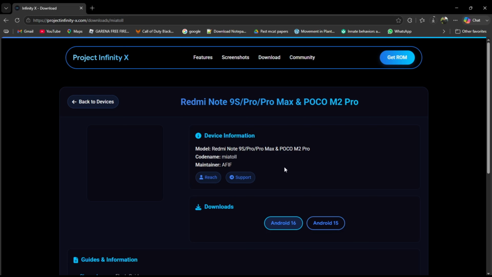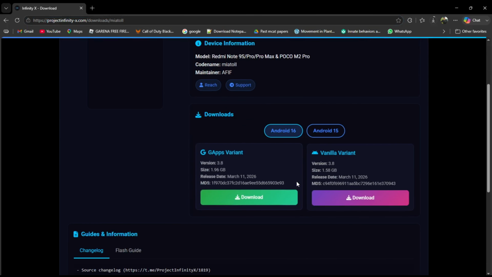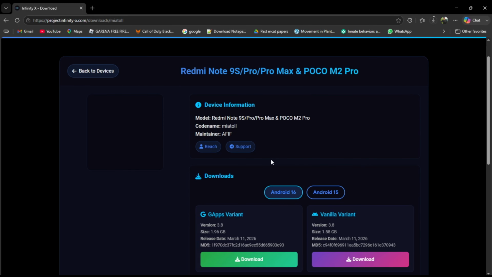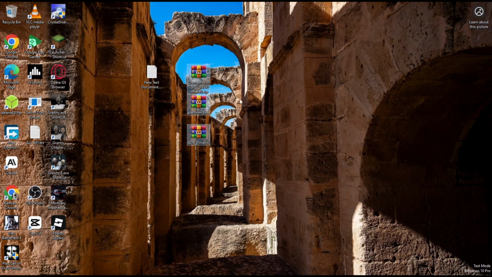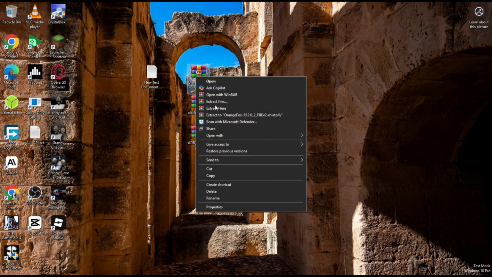They give you two variants to select. If you want Google Apps in the ROM, then select Download with GApps. Else select Vanilla Download. Now, once you have downloaded all requirements for flashing custom recovery, unzip all the files one by one.